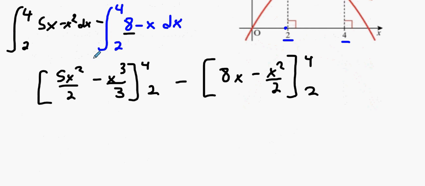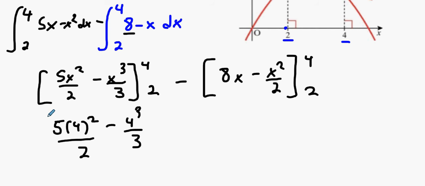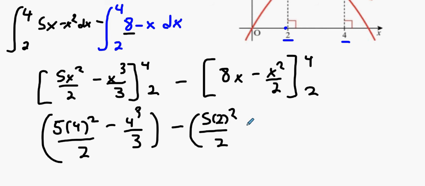Alright guys, so what do we get next? So lob in the 4 and the 2. So 5 times 4 squared over 2 minus 4 cubed over 3. Take away the 2 then, so 5 times 2 squared over 2 minus 2 to the power 3 over 3. Alright,